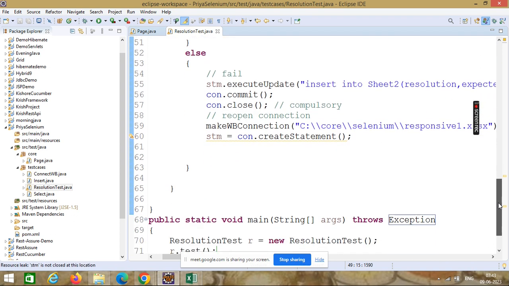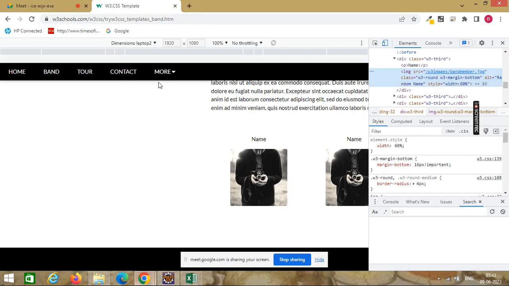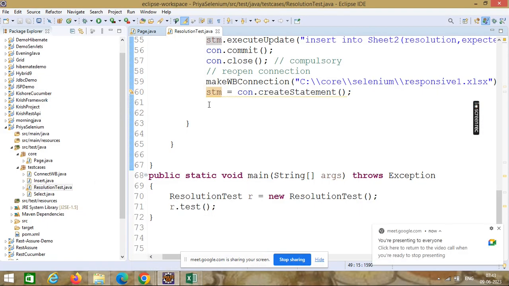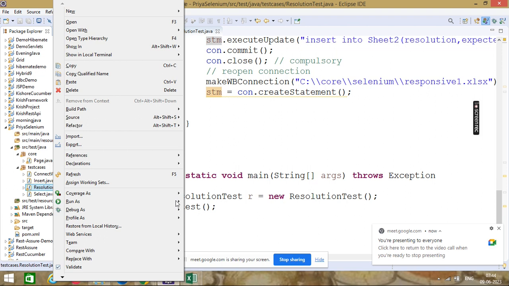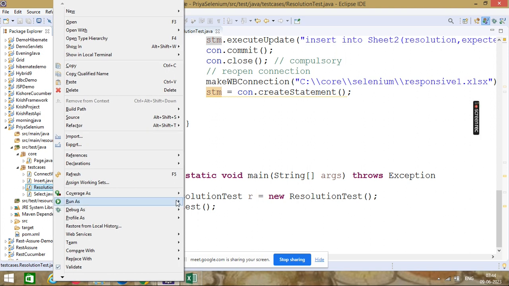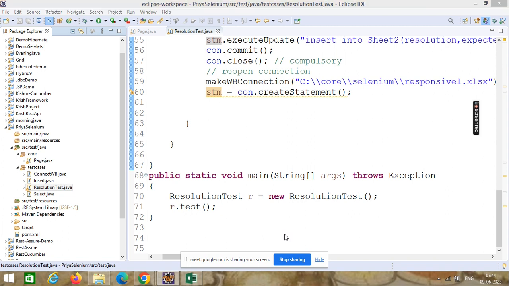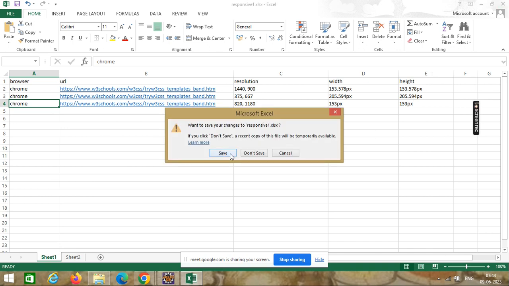Okay. And now I will run this program. From the main constructor, we run this program. So let us try to run it. You have to keep the Excel closed, as I told you. If Excel is open, then it will not insert the record. So I will